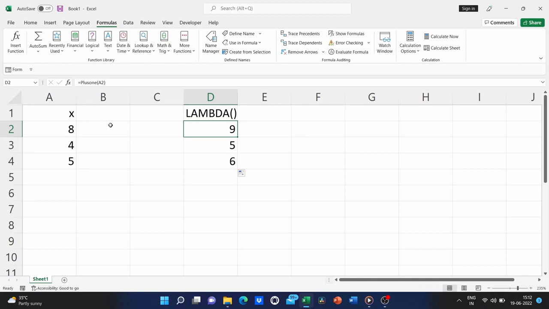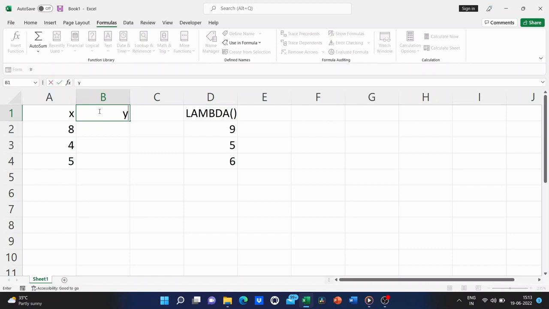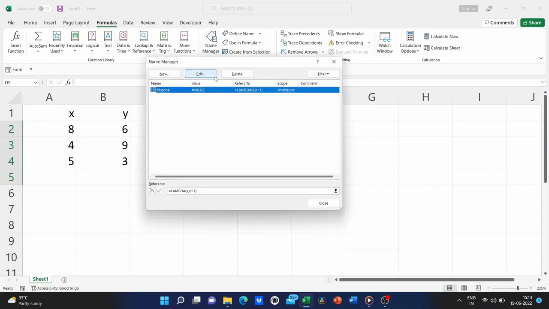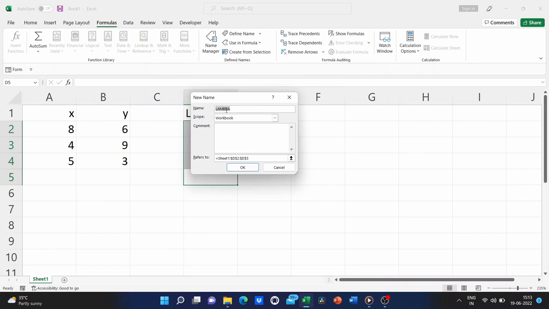Now let's take lambda a little bit farther. Let's say we want to input 2 variables instead of 1. So let's create a column here called y, and we will put some numbers in here as well. We will clear this out, and we're going to go directly to the name manager and create something that is going to multiply x and y.